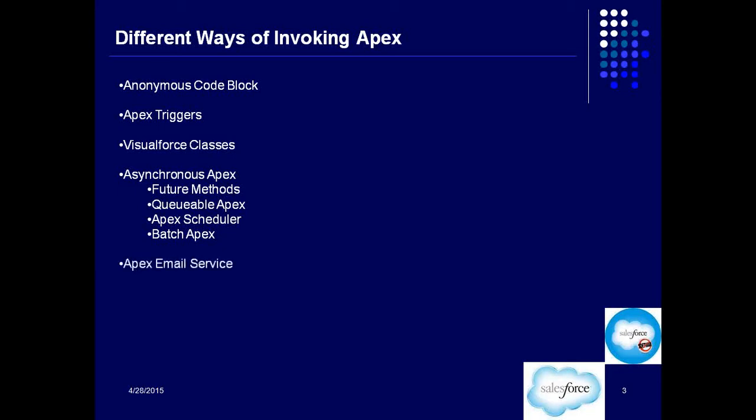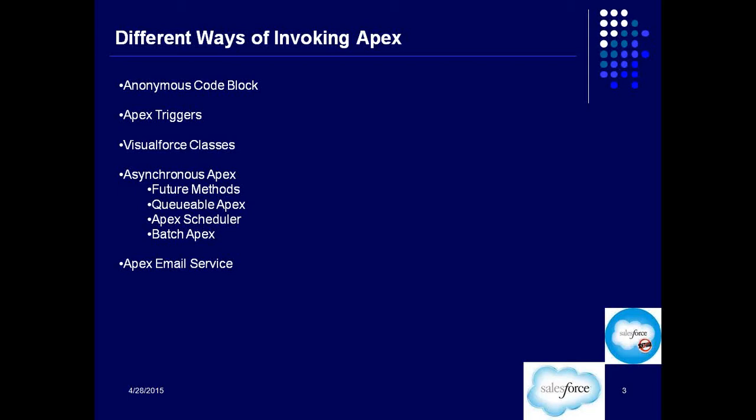there's one more way of invoking Apex, that is using an Apex email service. Now what is that Apex email service? Apex email service is a functionality in Salesforce which allows you to execute Apex code when you receive an email. Okay, so this is again another way. This is not asynchronous, but this is one more way of using Apex. Salesforce provides you with an email ID. Whenever an email is received on that email ID, Apex code can get executed. So no one is clicking on a button or anything like that.